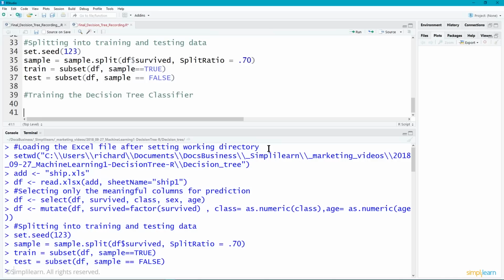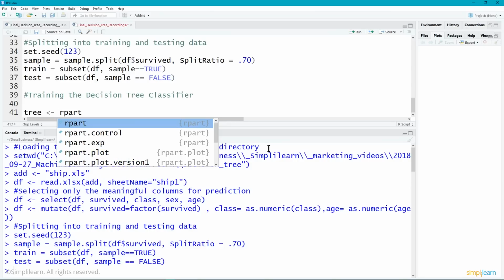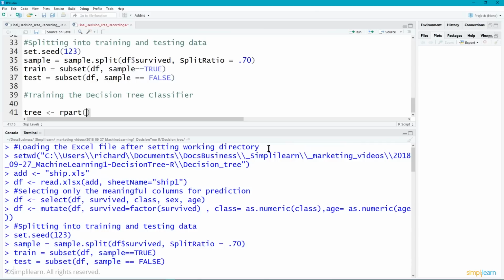This always gets me. You spend all this work sorting through the data, reformatting it, in this case mutating it and filtering it, and creating a train set and a test set. And so we're going to go ahead and create our tree, and we're going to assign to it the rpart. That's the module we imported. And for the rpart, we need to go ahead and do what's called a survived, and this is kind of a little complicated to look at,